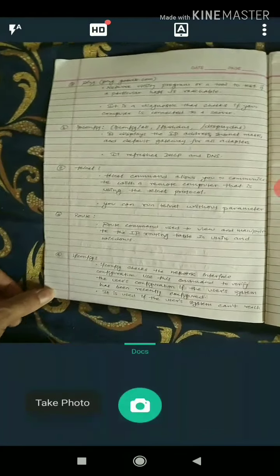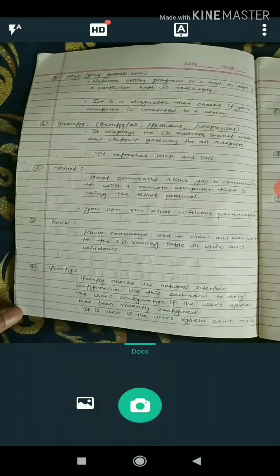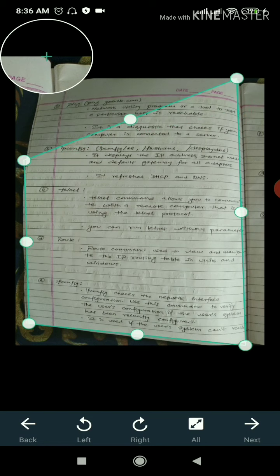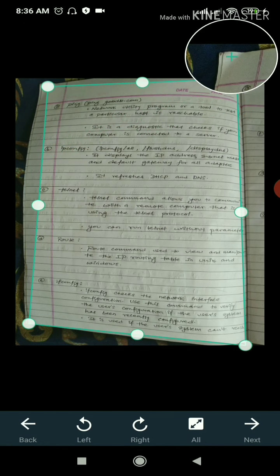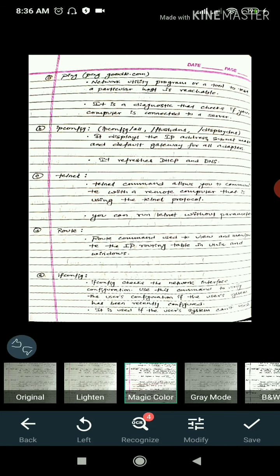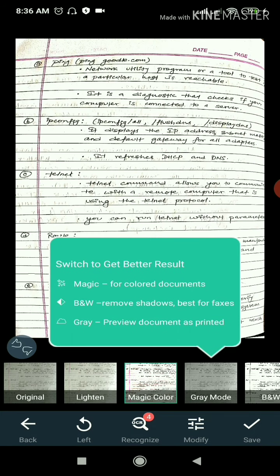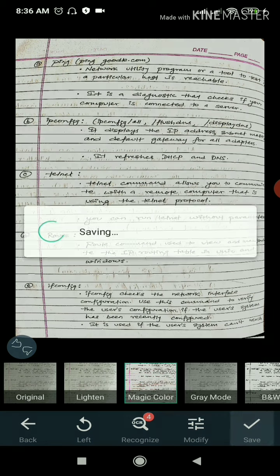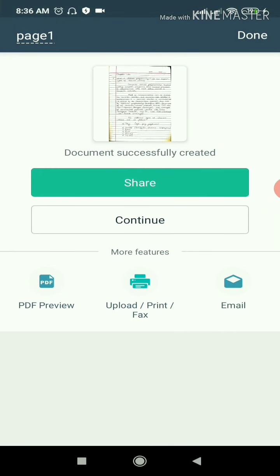Okay, so check this out. Almost my page is tilted, but that doesn't matter. You should make sure that you do not move the camera. Now check how clear the tilted picture will appear after clicking next. Now you can see, it is showing some demo. Yeah, so as far as possible, click in a straight way. So click on save. The second page is also clicked correctly.